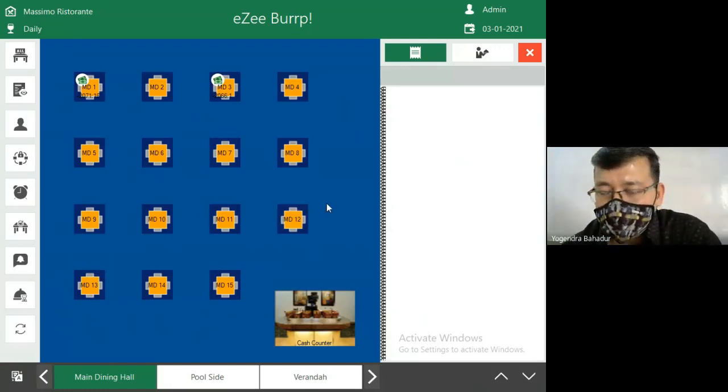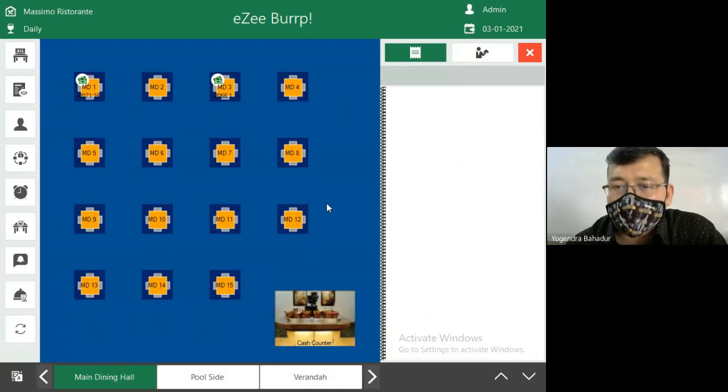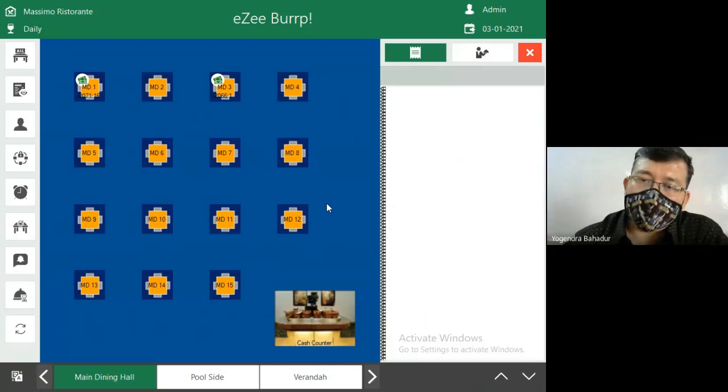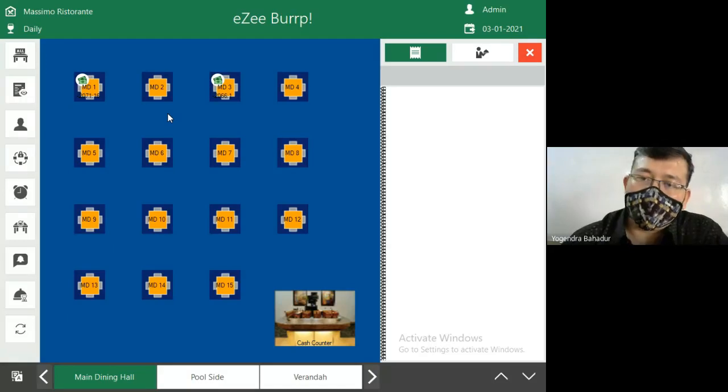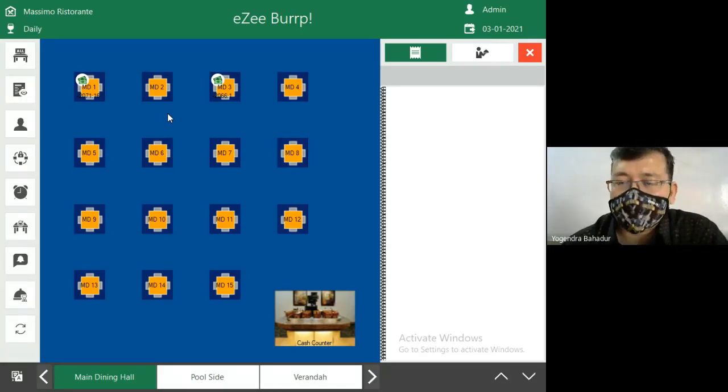So approximately 15 tables are there. Let's take one example. Now the guest has arrived at table number 2, right? So we will have to pick this table and click on it. This particular software is applicable for both desktop computers and micro systems. What is basically the micro system? In the micro systems, you would have touch screen monitors, and you are not going to use the mouse or the pointer. Apart from that, you will just use your fingers and touch the screen of the system. That is basically called the micro system.